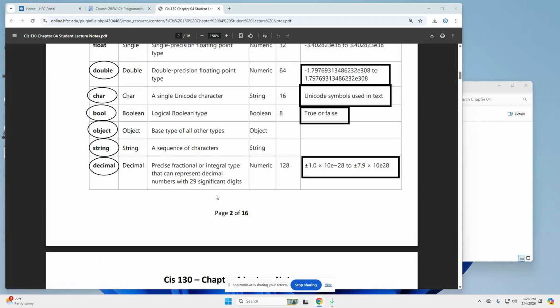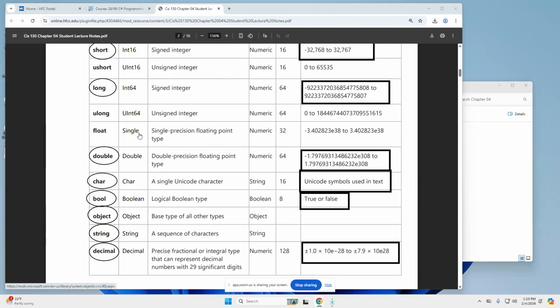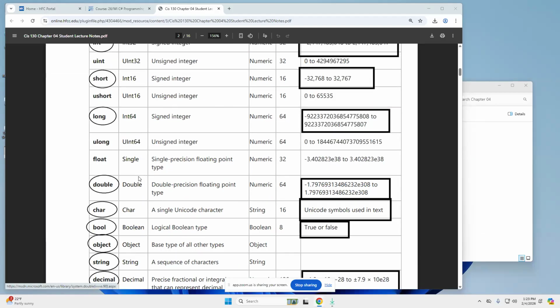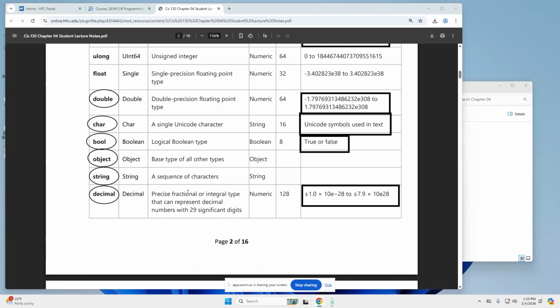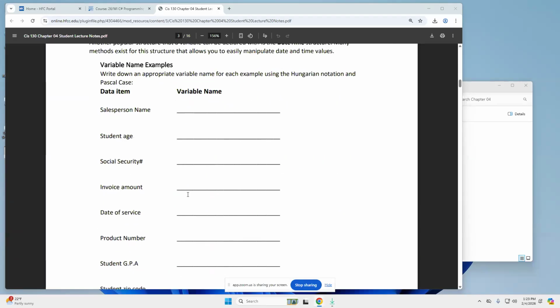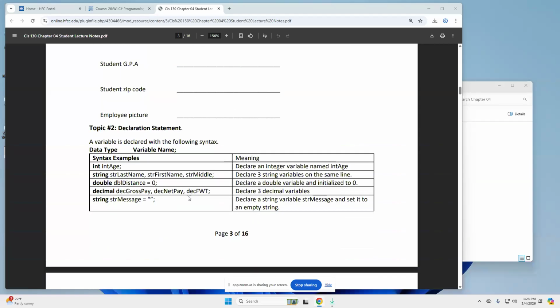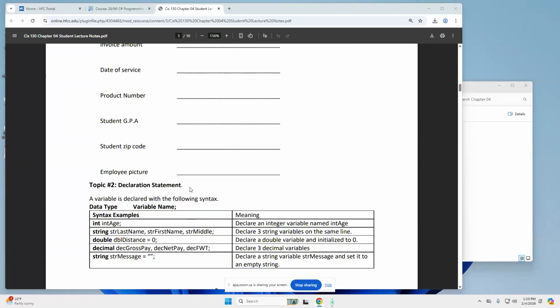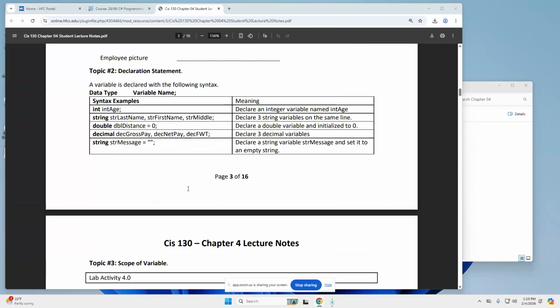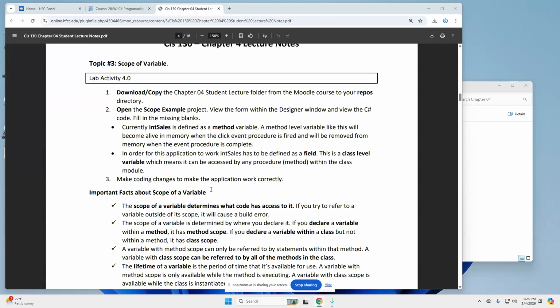At the end of the chapter, I talk about when to use these different numeric data types like float, double, and decimal. We kind of went through this, had some fun with that. We didn't really go through this,